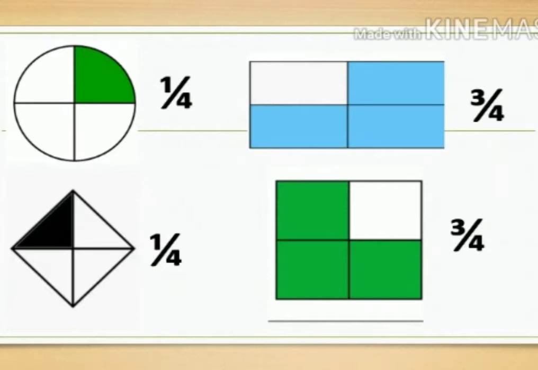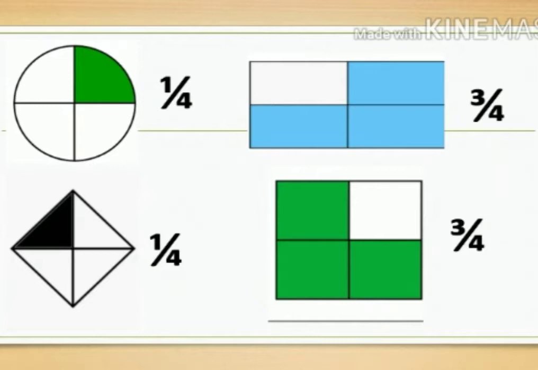So did you notice something interesting about these fractions? Well, if you observe carefully, all the fractions have 4 as a denominator. The denominator is the part which is written at the bottom. So the bottom part is 4 in all the fractions. That is, each of the shapes here is divided into 4 equal parts. That is, the total number of parts is 4. So all the fractions have 4 in the denominator.